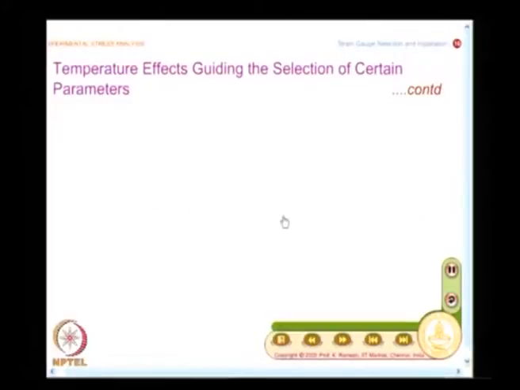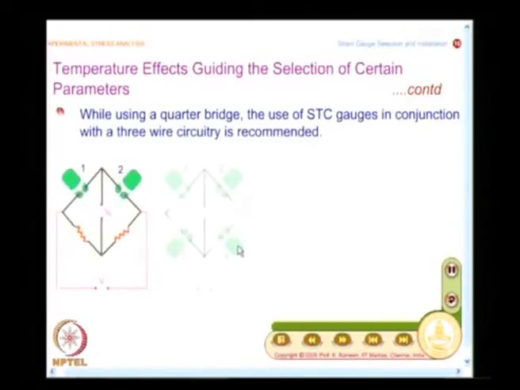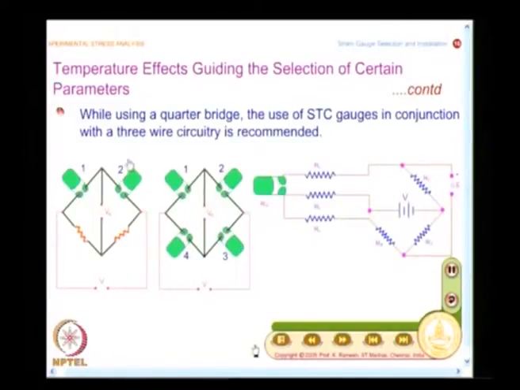But in many applications where you are interested in strain measurement, you may end up using only a quarter bridge. So, how do I manage when I have a quarter bridge arrangement? We have seen how to minimize the error: instead of a 2 wire circuit, go for a 3 wire circuit.